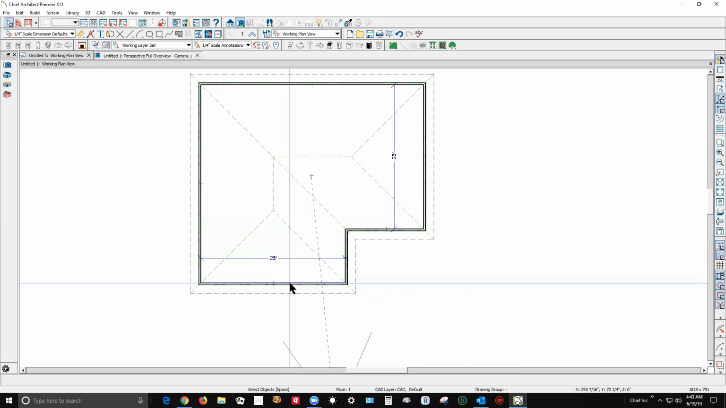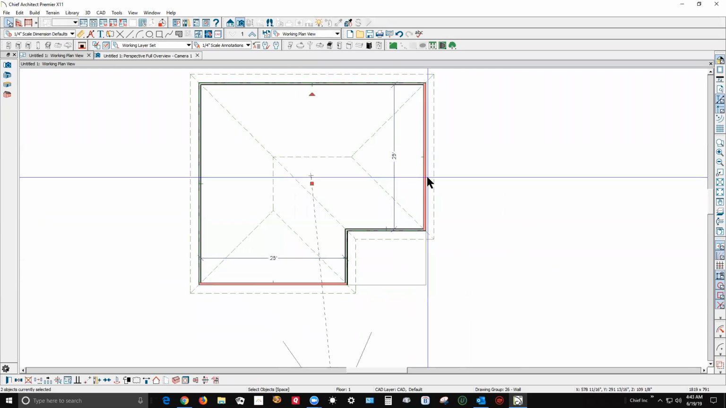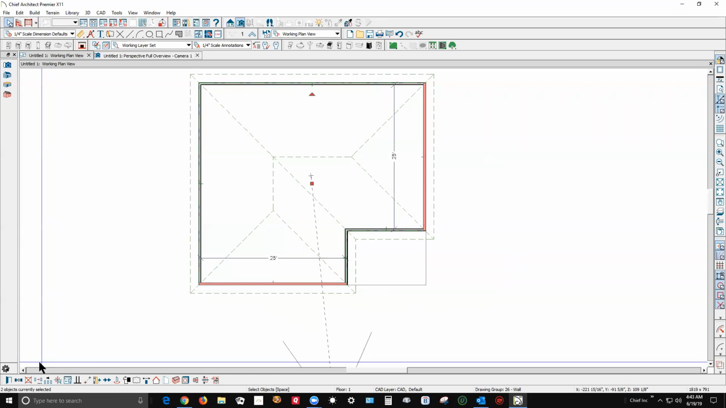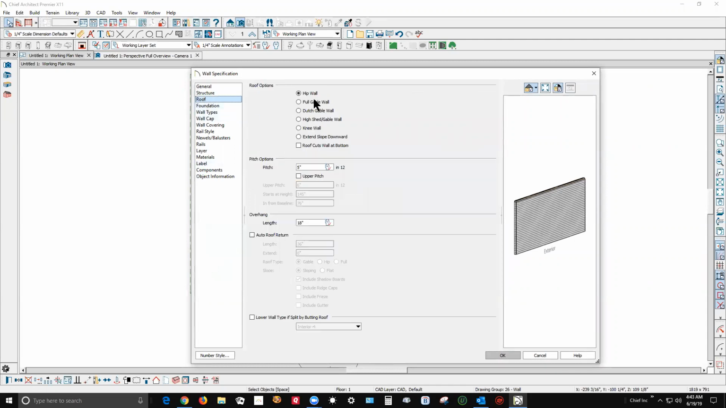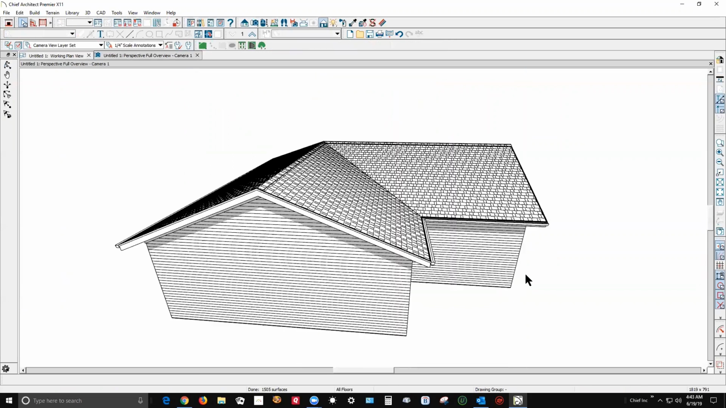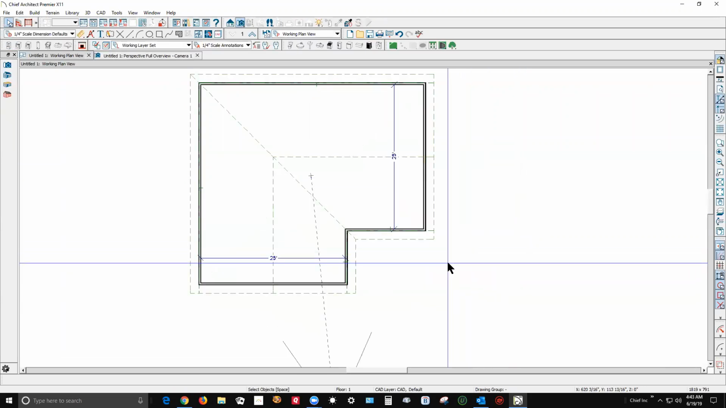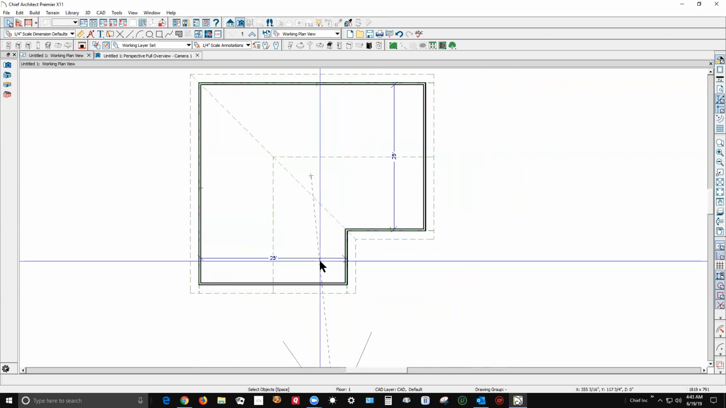I'm going to change these ends right here to gables. Okay, we've got the roof tab and full gable. I've got auto rebuild roofs on, so you can see that's how the ridges can match automatically. This is the only way they can be made to match